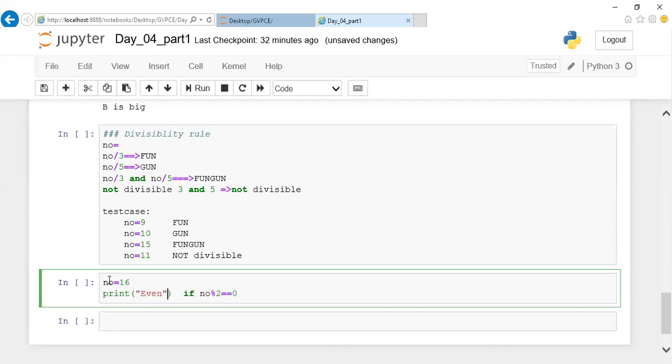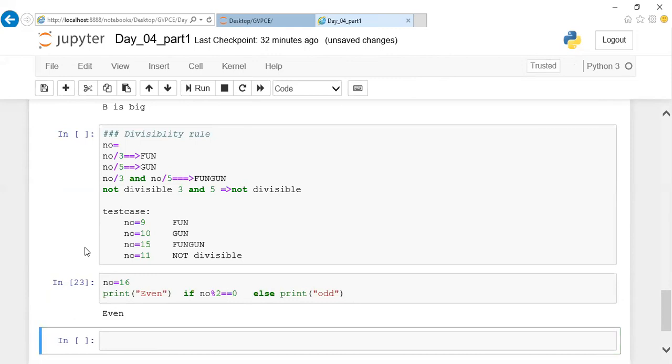The same way, if the number is not divisible, you will print it as an odd number. This is a normal process. The same thing you're going to do, but instead of checking divisibility of 2, I'm going to check divisibility of 3 and 5. This is the only variation. Here, checking even number is checking with the divisibility rule of 2. Checking divisibility rule of 3 and 5 means that in place of 2, you're going to check for 3 and 5.